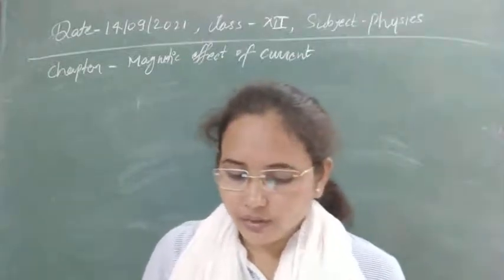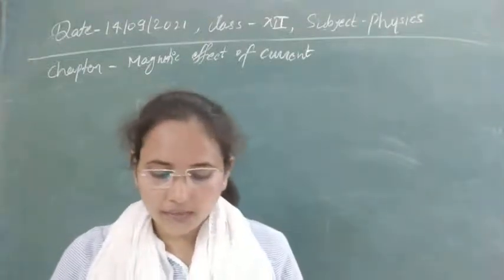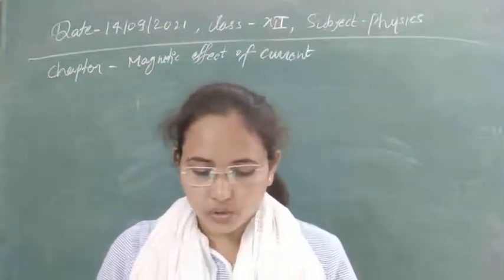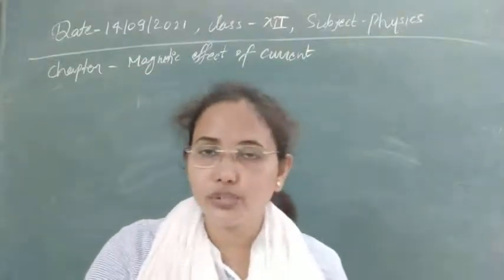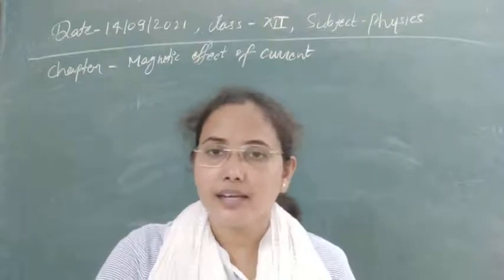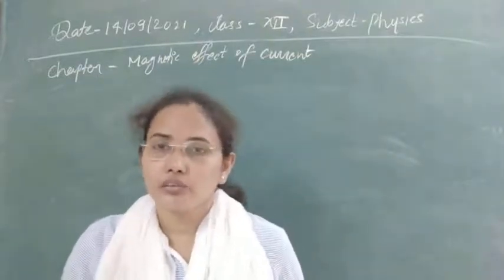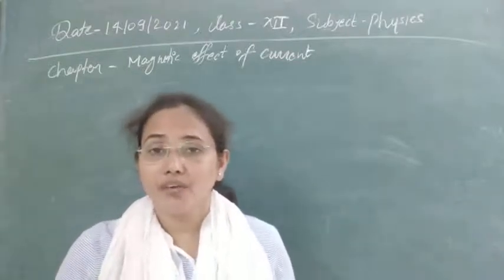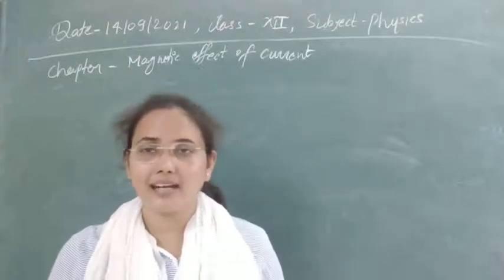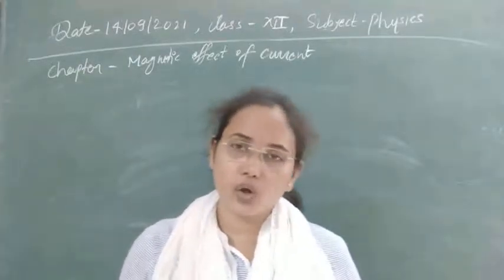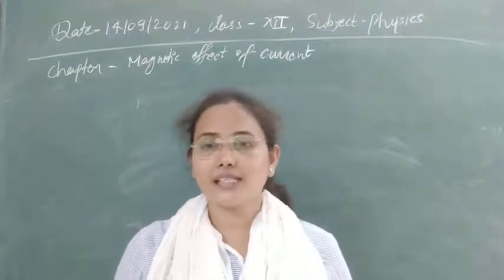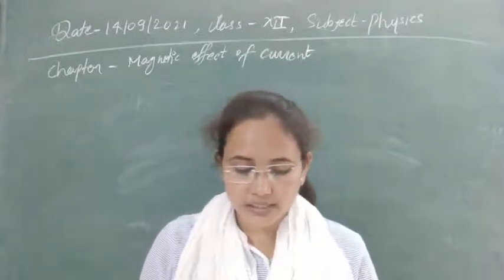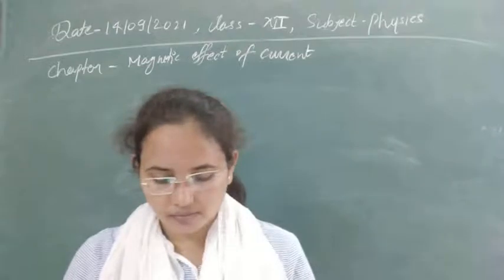Next one here: cyclotron is a device to, options are given, accelerate electrons, accelerate protons, measure voltage, measure charge. You know we use the cyclotron device for positive charge acceleration, and here proton is given in our option. So we use the cyclotron for massive charged particles. Very small mass particles like electrons, which gain large kinetic energy, cannot do the greater number of rotations and cannot be accelerated easily through the cyclotron. That is the limitation of the cyclotron. So here the answer is: cyclotron is a device to accelerate protons.